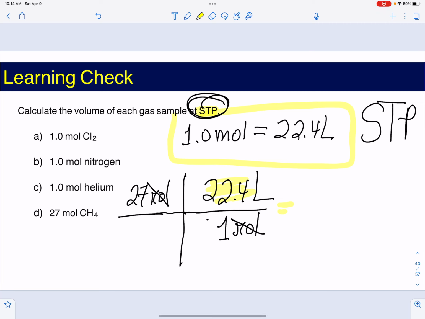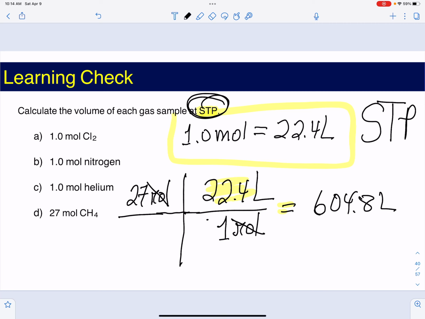So we can use that as a conversion factor. And all we have to do is multiply those values. 27 times 22.4 divided by 1, that's going to be 604.8 liters,